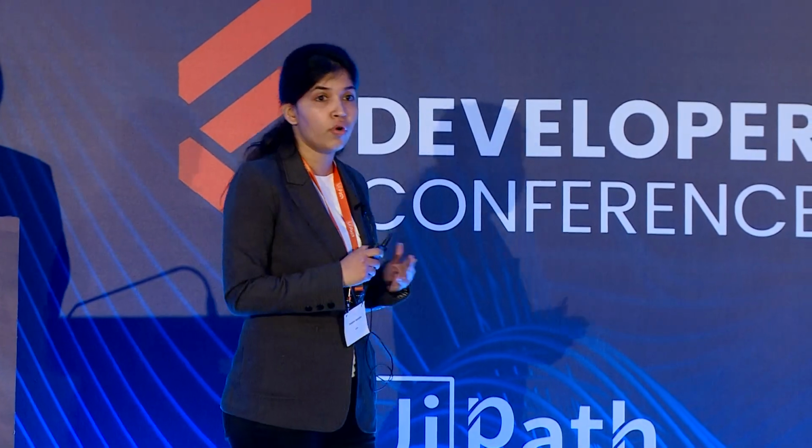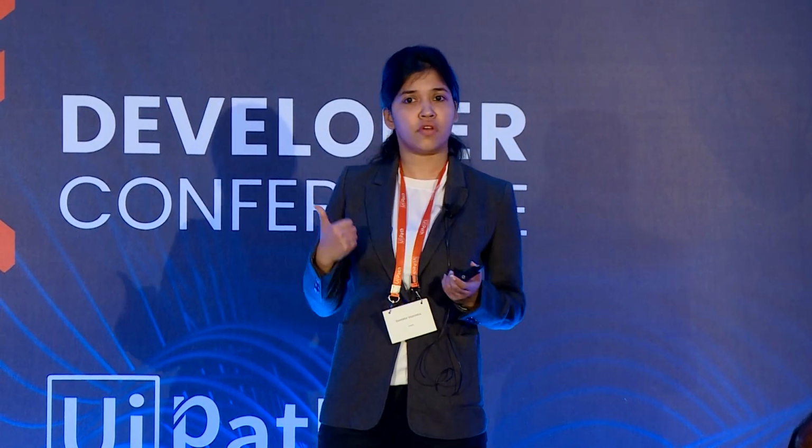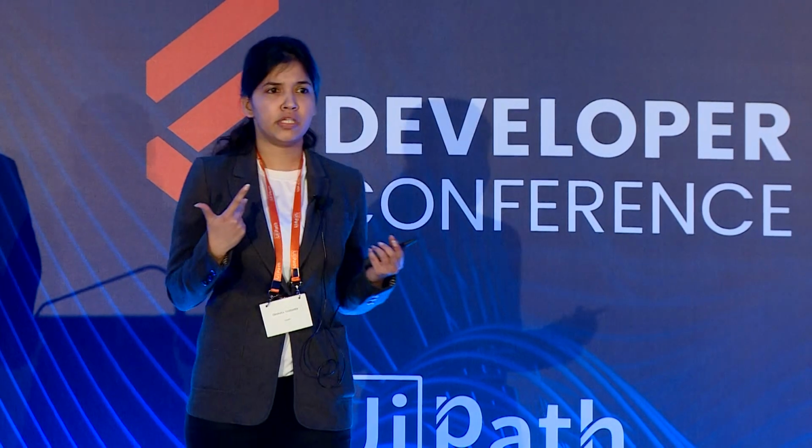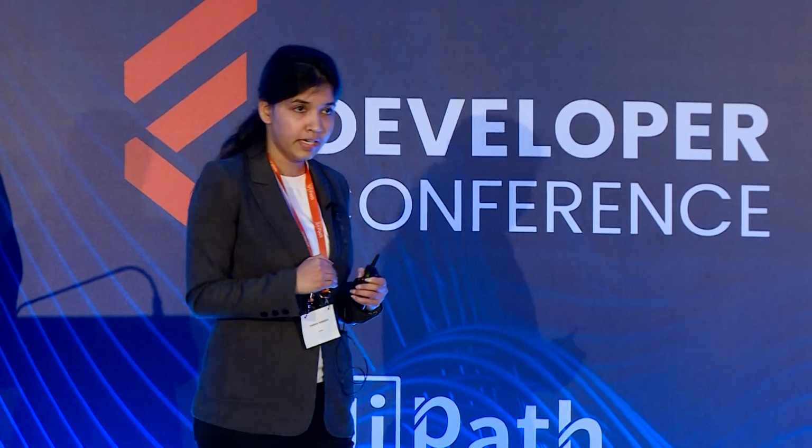Let me give you one example. Say your process is in production, and for some reason the robot crashes abruptly. Now you don't know what the reason is. Let's guess the reason can be UiPath, some environmental issue, some CPU utilization, and many more. With the help of this tool, you can understand where the issue lies, and accordingly you can troubleshoot. Also, you can provide us the details which are important for an agent to understand any issue. Let's move to the next slide.